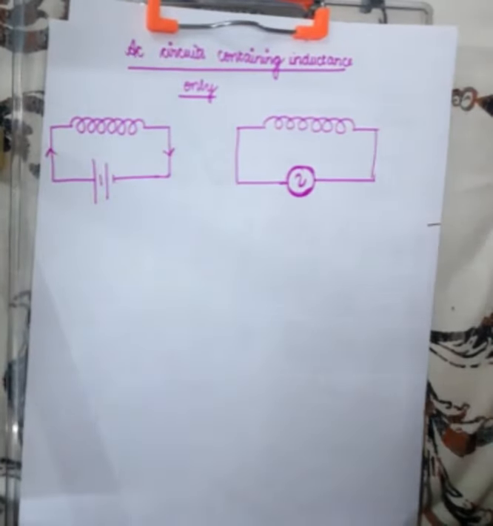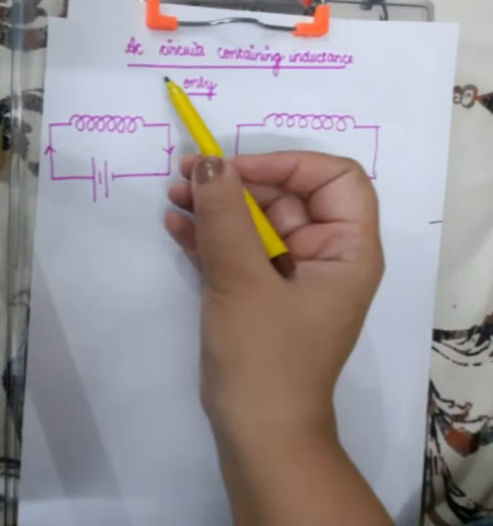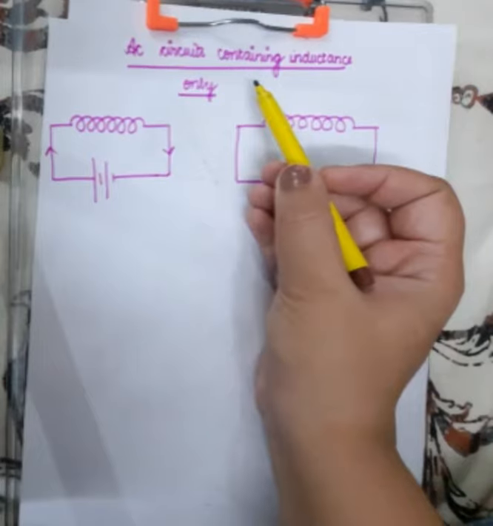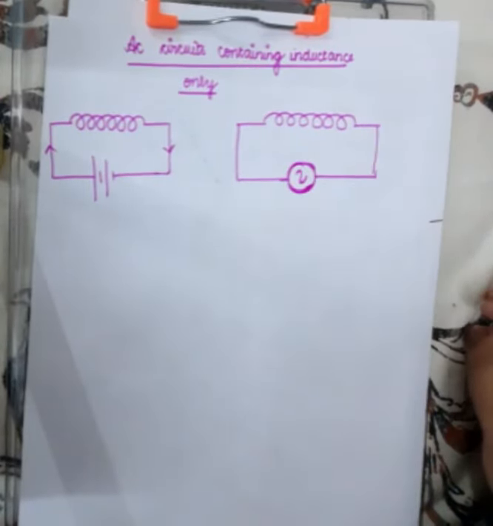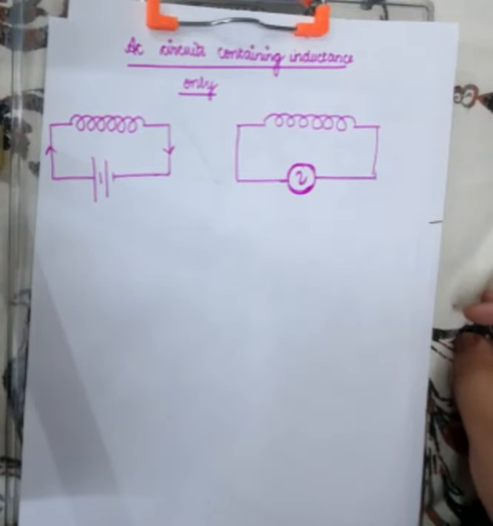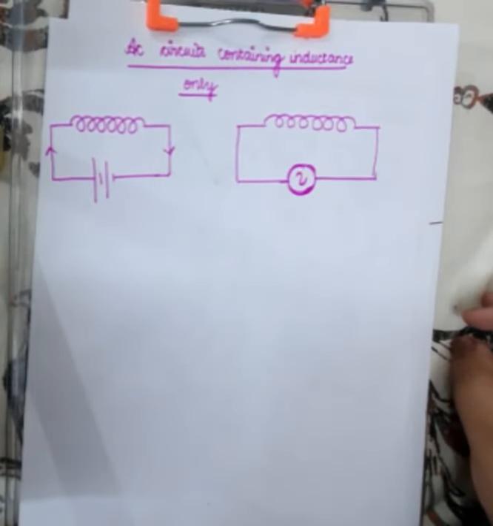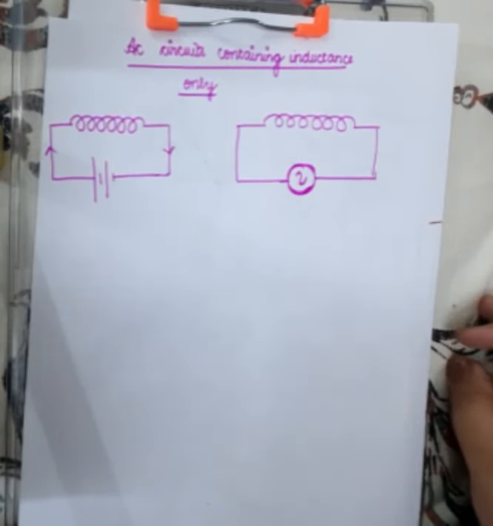Dear students, in this video, we are going to discuss AC circuits which contain inductance only. But the question is, what is inductance? Well, it's the property of coils, the solenoids, and in electromagnetism, we have studied that whenever the magnetic flux linked